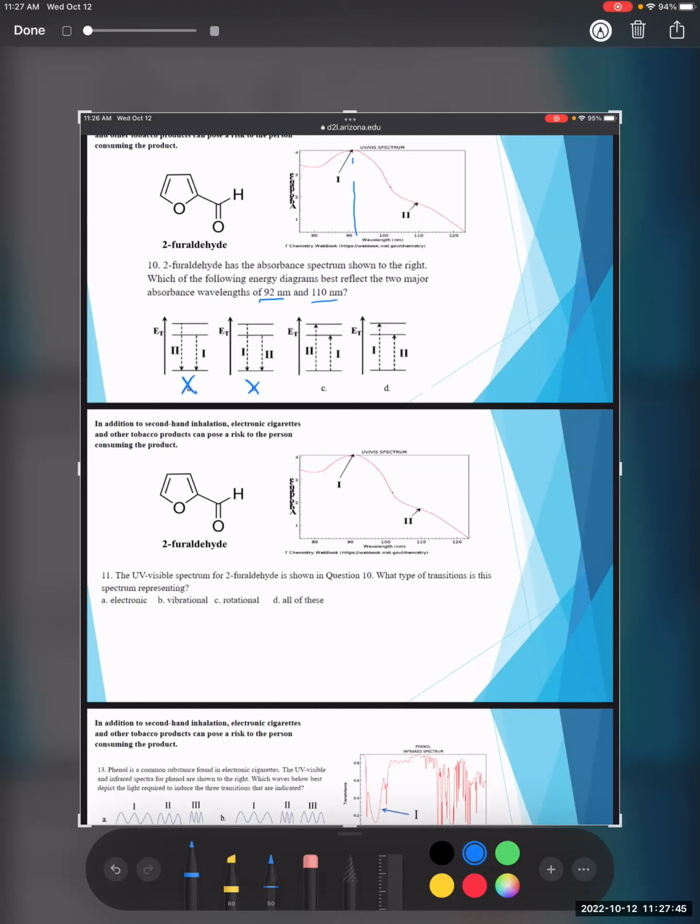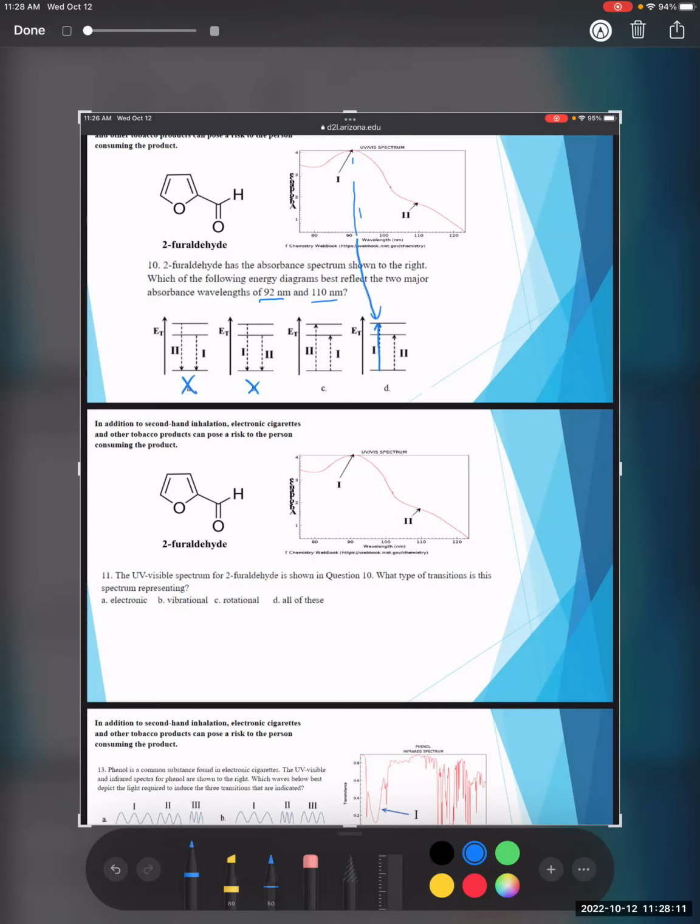That means that compound is absorbing a higher energy photon to go from the ground state to a high energy level. Because this energy gap needs to match with the photon that is absorbed, and therefore the high energy photon should match with 1. So therefore, transition 1 or the peak 1 goes with